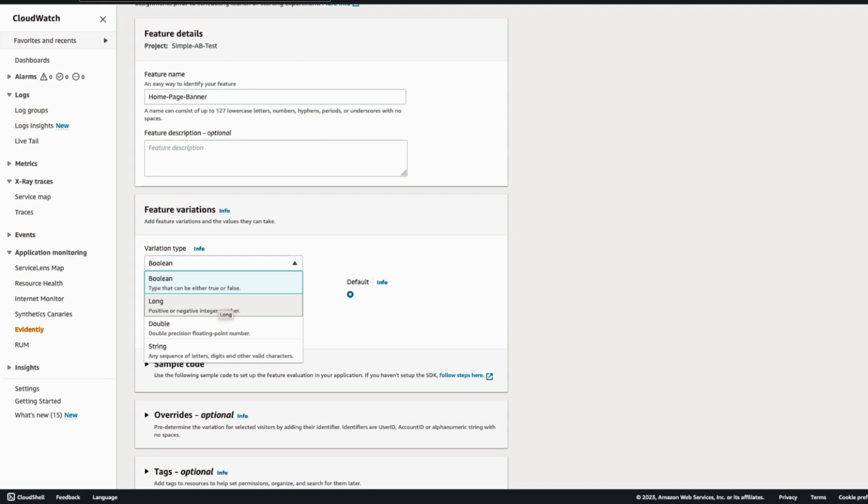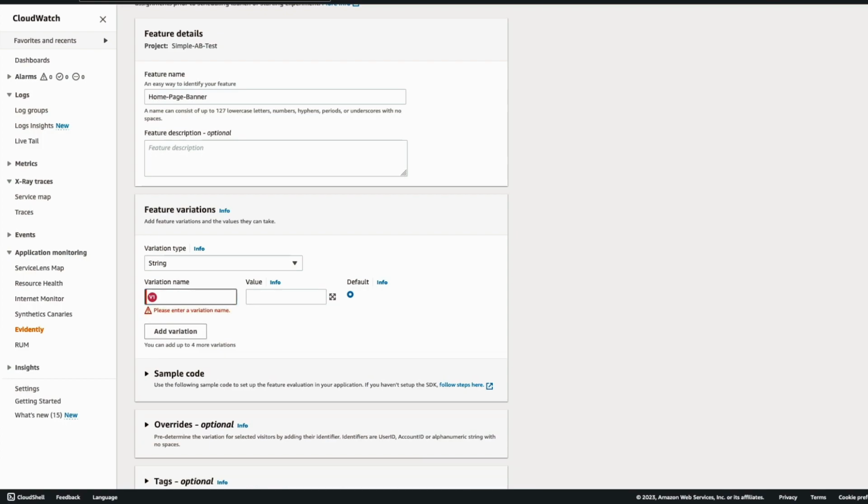So when you will be making an evaluation, as a result, it will tell you that, okay, this is the feature variation that is selected. So this can be a Boolean value, a long value. Boolean value is mostly used for the feature flags, where you want to either display a feature or hide a feature. So it's kind of used when you're launching a new, let's say, new experiment or new feature on your website. This is where the feature flags comes in. But today I'm going to use a string. So a string, because I will be calling this like experiment 1, or